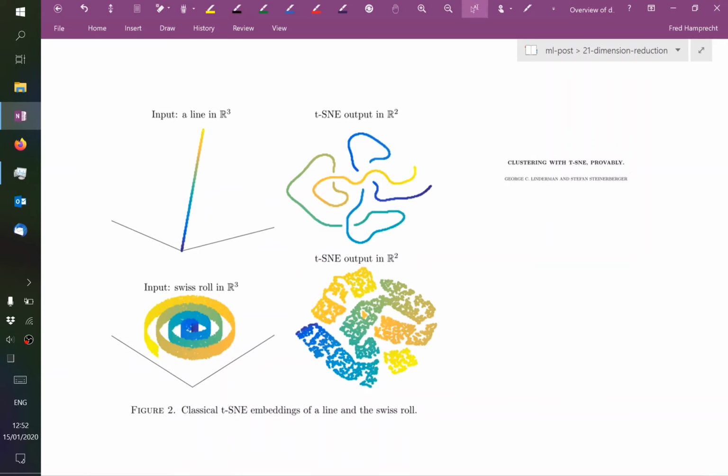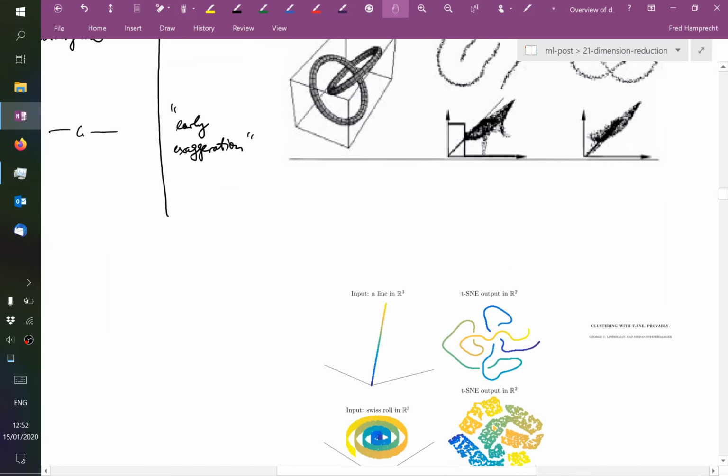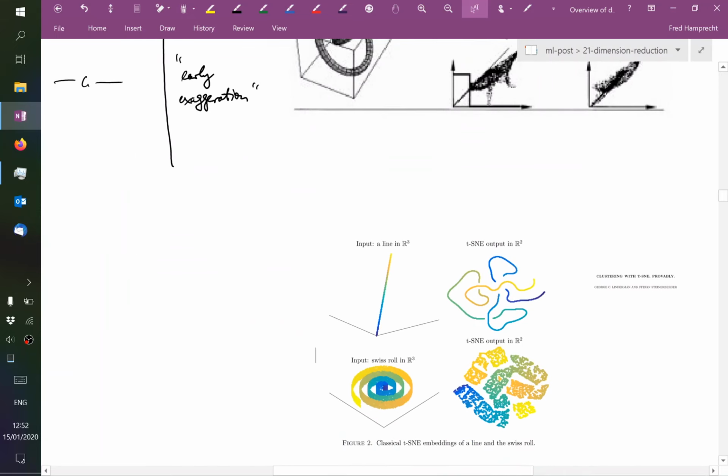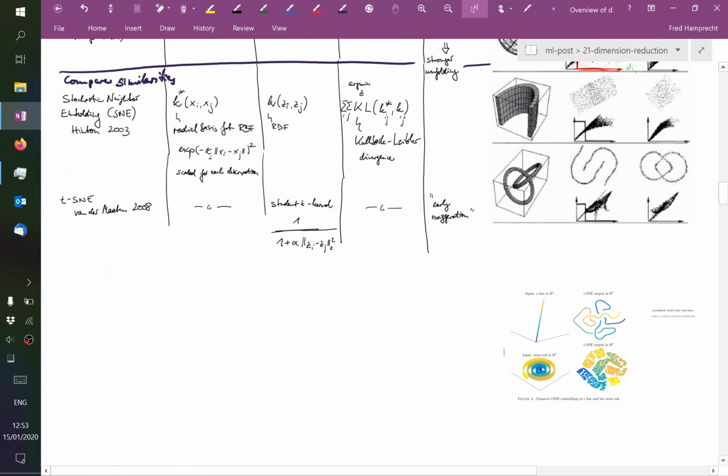All right. Now, probably at least the first problem could be fixed by initializing with a deterministic procedure. If you had initialized t-SNE here with PCA, you would have been just fine. Good. Then,